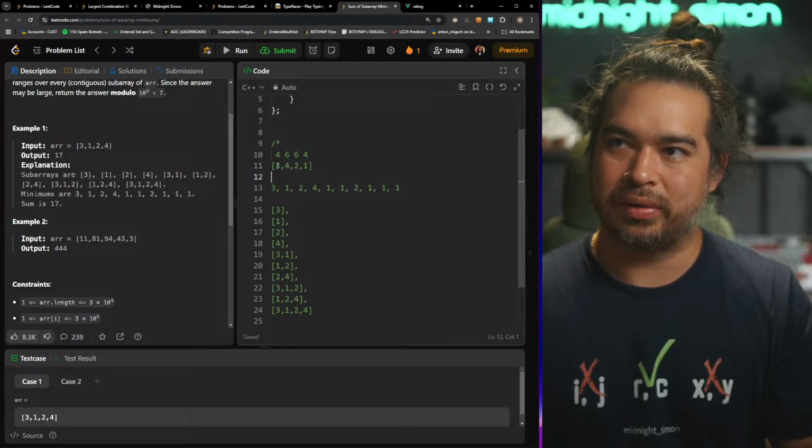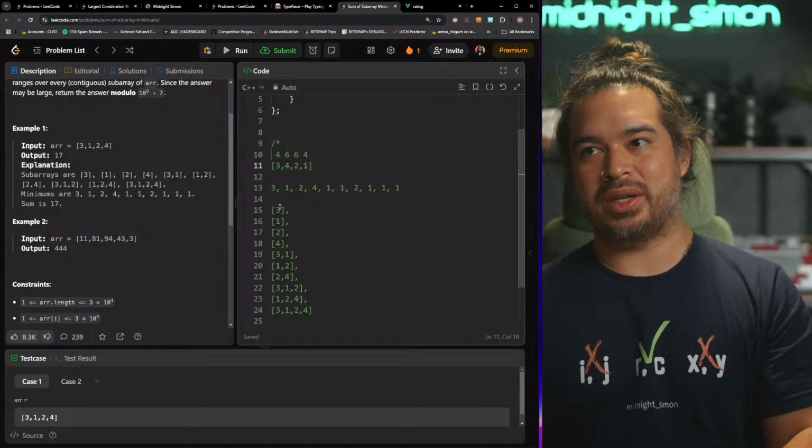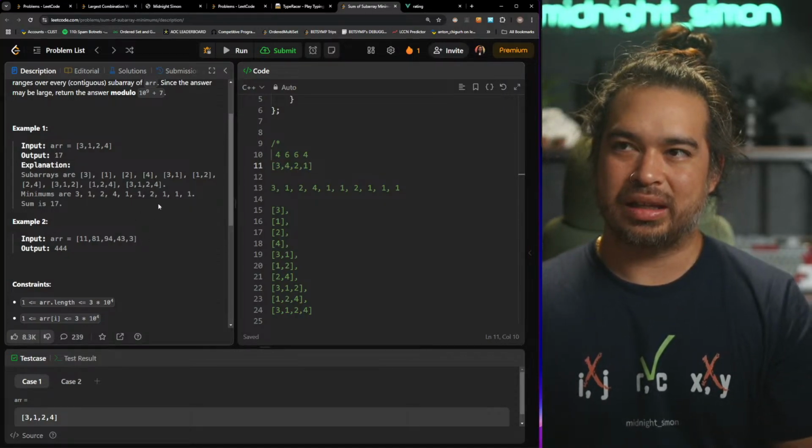So 1, 2. The 4 would only contribute 1 time. The 2 would contribute 1 time here, going right, and then 1, 2, 3 times there. And then the 1 would be like the whole thing. So maybe I can use something like that, but